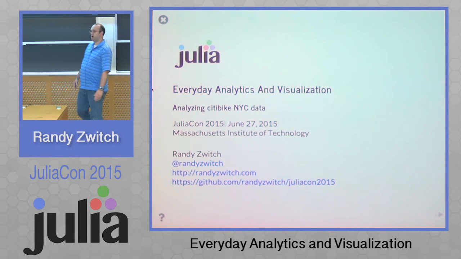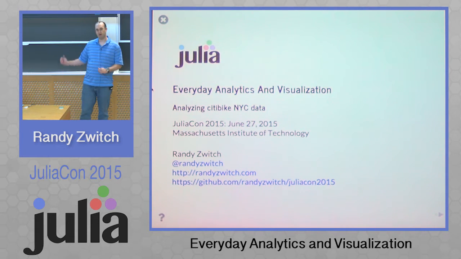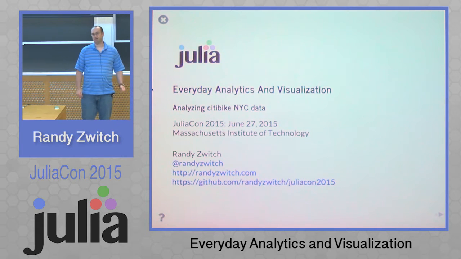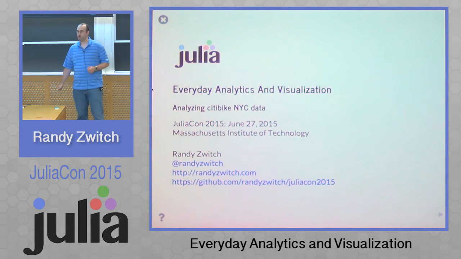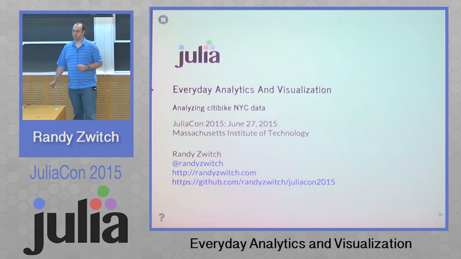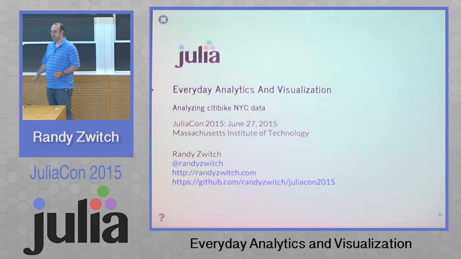There's going to be 2 talks, so this is a 90-minute time slot, but there's only so much you can talk about relative to bike share data. So I actually have 2 presentations prepared. One is the one on the screen now, and the second talks about the Vega visualization library that I've been working on. We'll go through this example, maybe take a 5 or 10 minute break, and then go through the second set of examples.